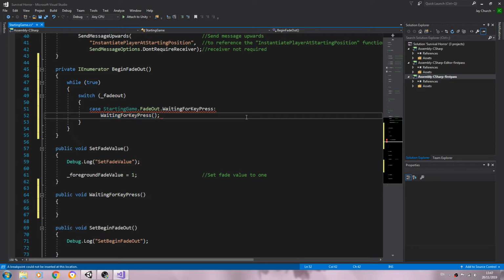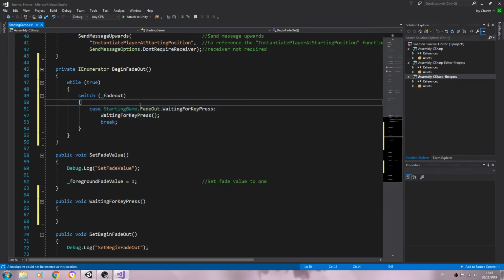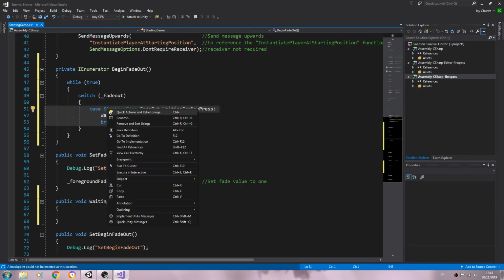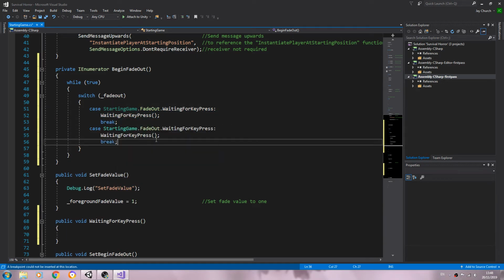We'll open and close brackets back to a semicolon, break, semicolon again. Let's copy all three of those lines. We'll paste it in below,